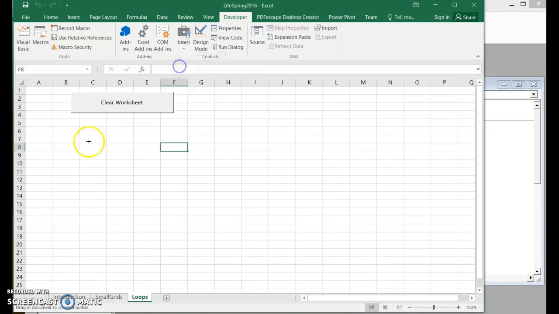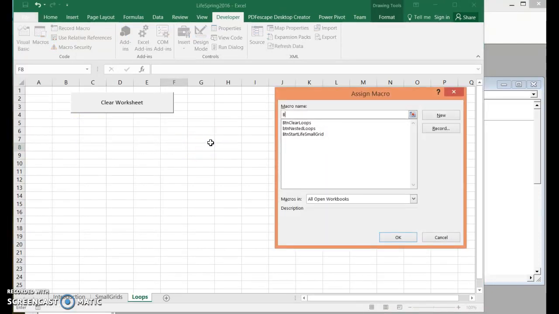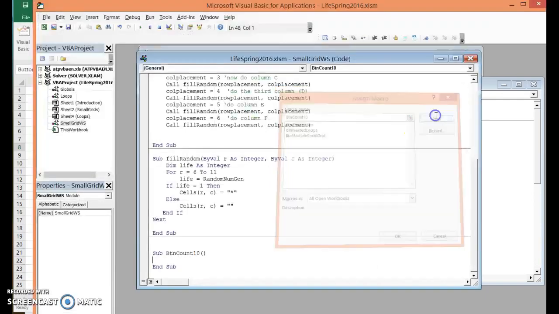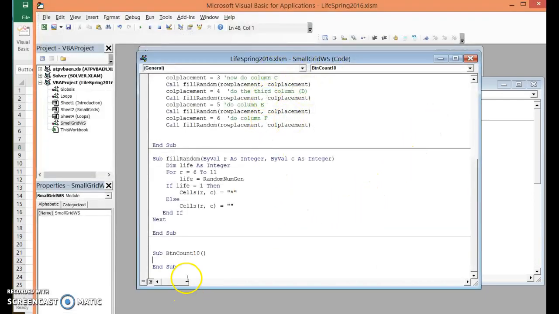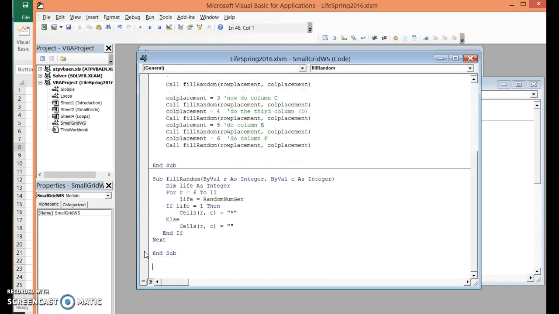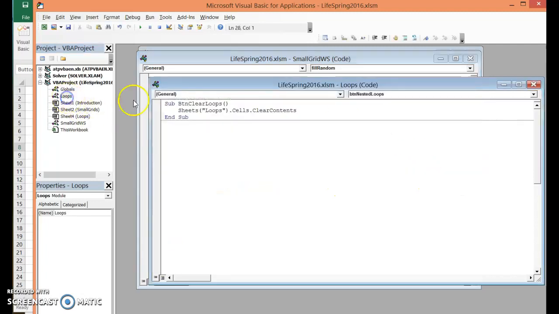So again, get another button, and we're going to call this one button count 10 and say new. And again, this is in the small grids one. It kind of chooses where it wants it to go. We want it in the loops one. Whoops, that's not the loops. And so we're going to count down here underneath where we've done that one, and we're going to say button count to 10. And it doesn't hurt to just put in here what this is. So this goes with the button count to 10 in loops